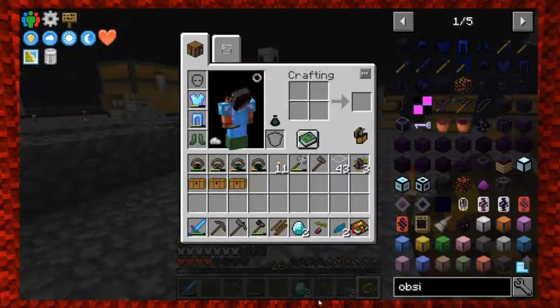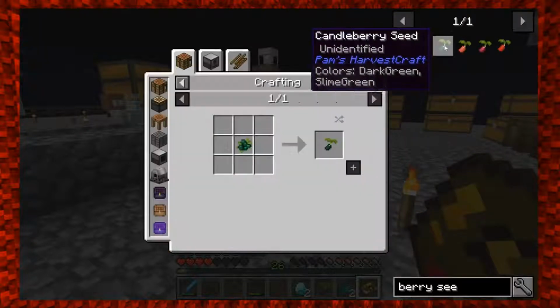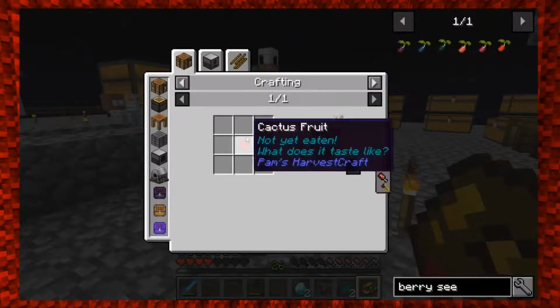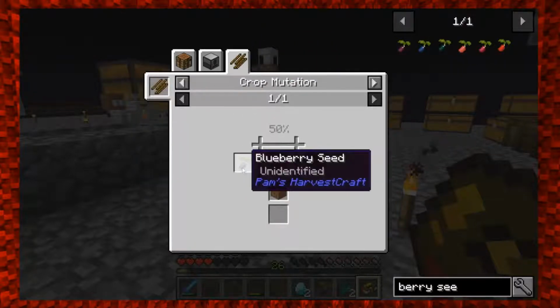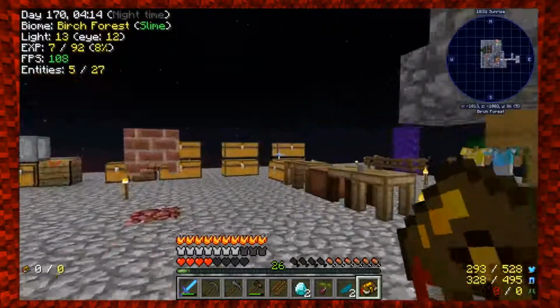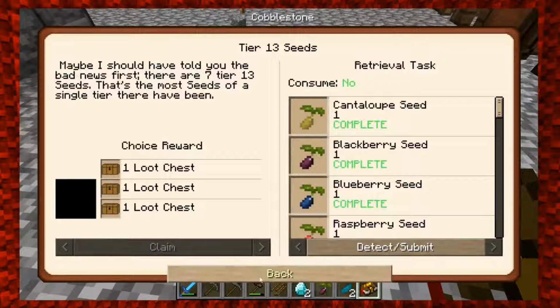You know what, just for fun, let's see if I can actually make a candleberry. Oh, I can't. Well, I need the cactus fruit seed, which I can turn cactus fruit into. Okay, that's actually not bad because I have cactus fruit. And then what's the other seed that it needs? A grape seed, which I don't have any grapes yet. So I'm going to have to mutate that between a blueberry and cantaloupe seed. So that's probably in the next groupings that come up. So yeah, once I get that, I can go ahead and start making the candleberry seeds, and then we'll be